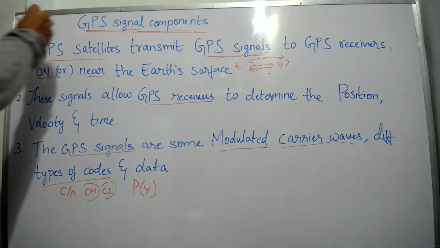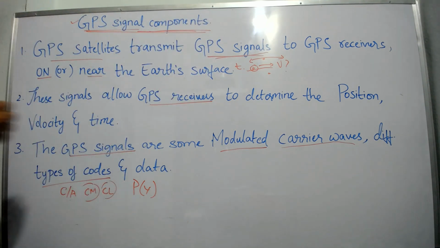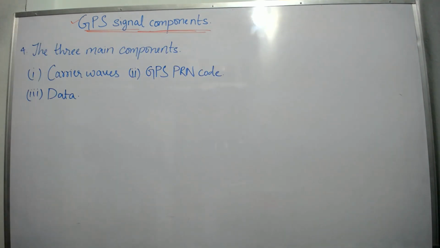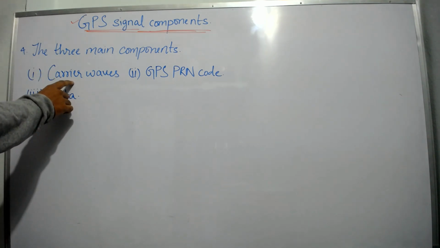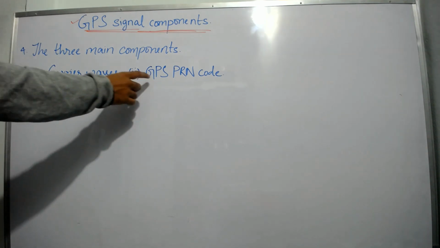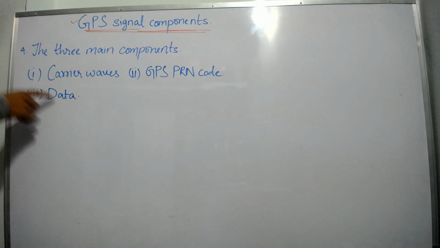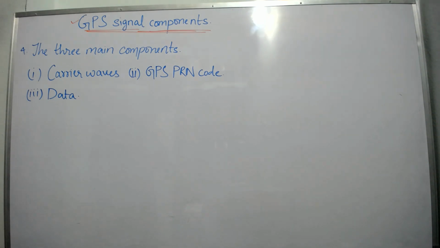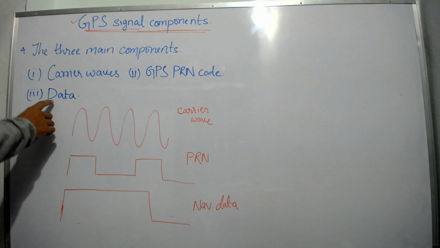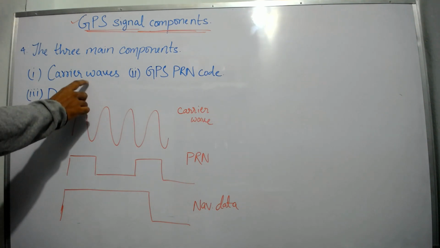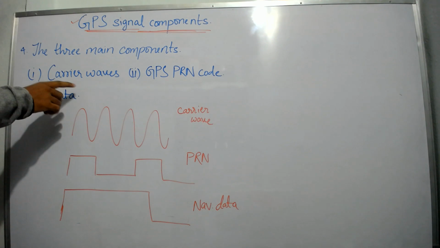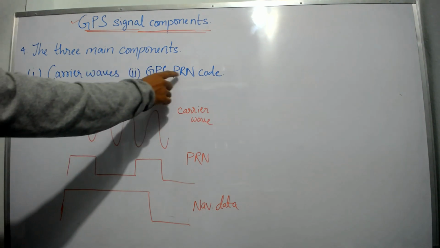Now we are done with the GPS signal. Now what are the components? As I told you in the previous point, the GPS signal has modulated carrier waves and different types of codes and even data. This is navigation data. So these are the main three components in the GPS signal. The GPS signal contains navigation data, carrier waves, and the GPS PRN code,